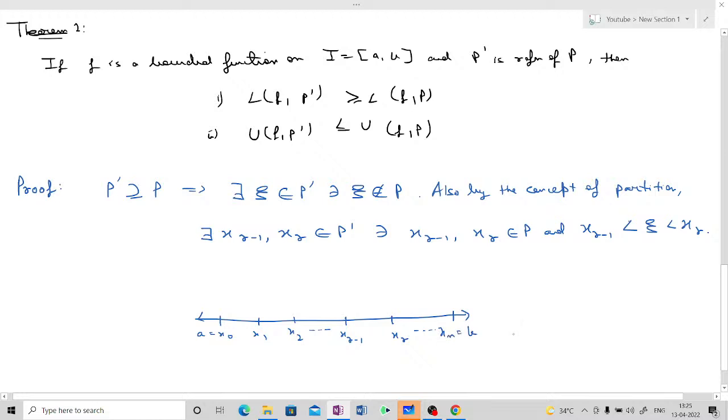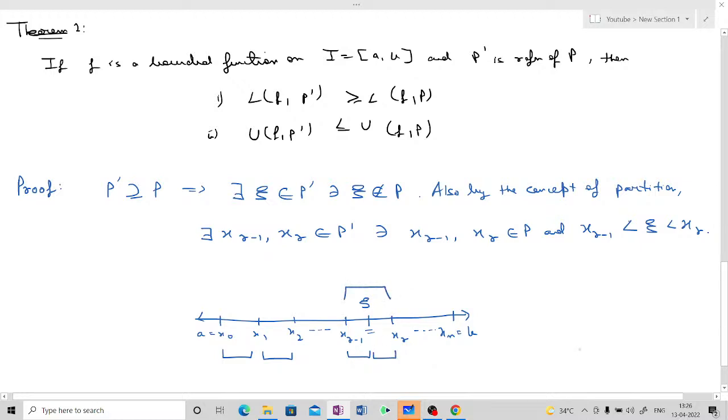So this is the set of elements we have in P. And when we take the refinement of this partition, there exists one more element eta here. Is it clear? So it is clearly visible that if we break the interval into every possible sub-interval, taking the given partition P and the refinement of P, then every single interval is intact except this interval,